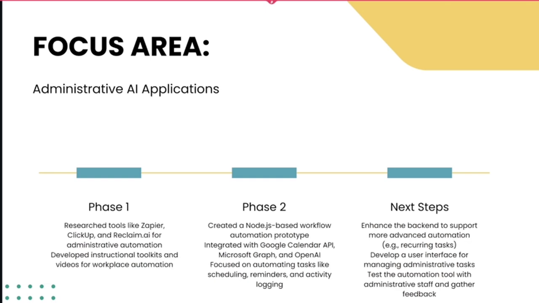Focus area: administrative AI applications. In phase 1, the team focused on researching AI tools for processing, automation, documentation management, and scheduling, especially aimed at improving administrative tasks. In phase 2, a workflow automation prototype was developed using Node.js and integrated with tools like Google